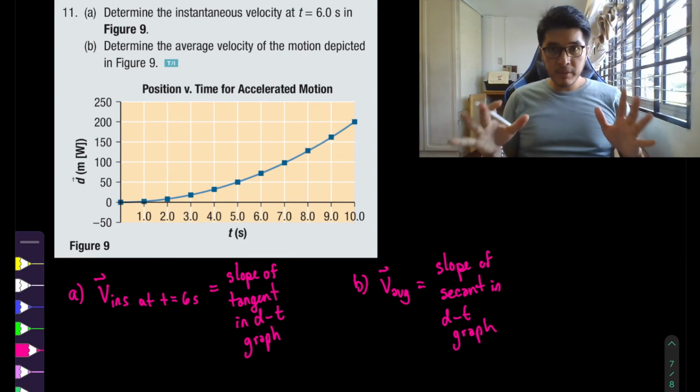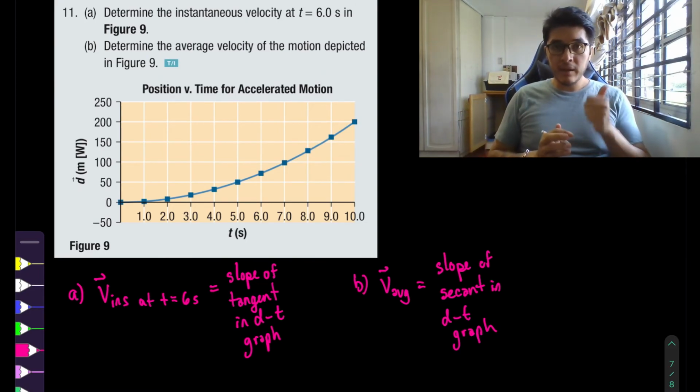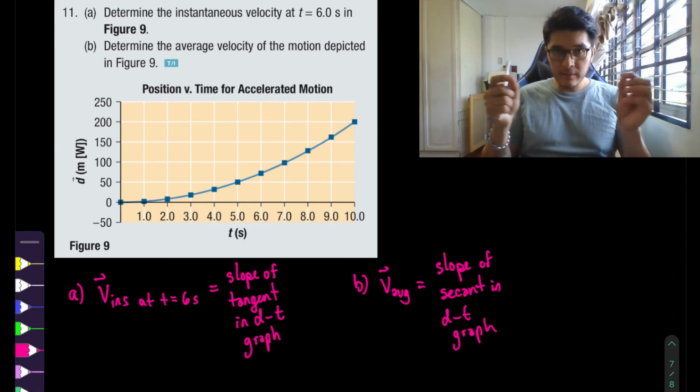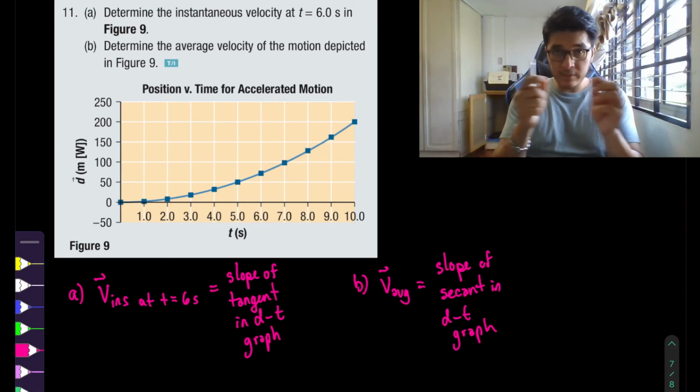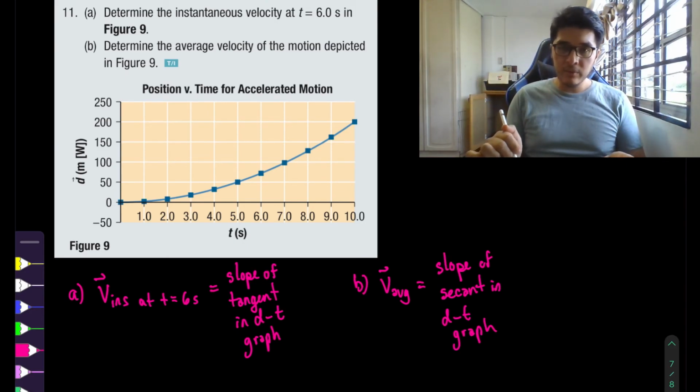Right, so this is the big difference in this section here. To calculate the instantaneous velocity, which is the velocity at one given moment in time, you calculate the slope of the tangent line. To calculate the average velocity, which looks at a time interval, you calculate the slope of the secant line. So that means that at the 6-second mark,